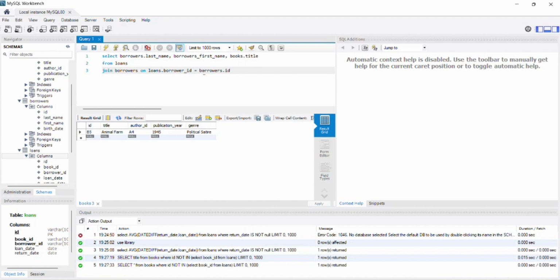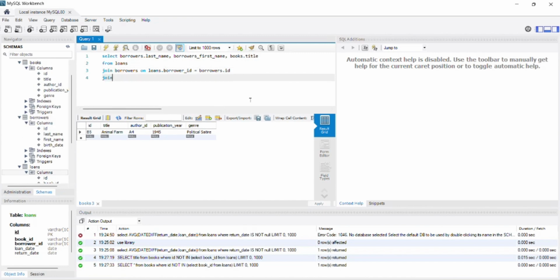So we should add another join, books, on loans.book_ID equal to books.id. But to not forget, we should add a condition here, a where clause, to specify that we want the